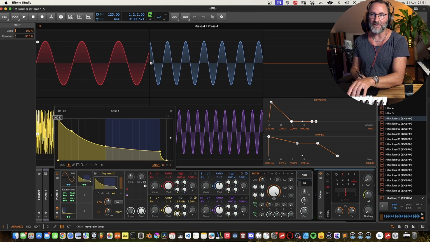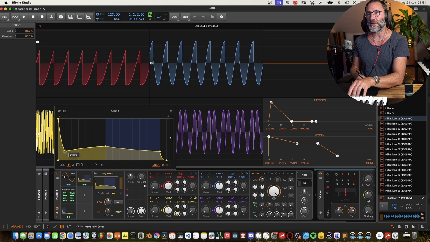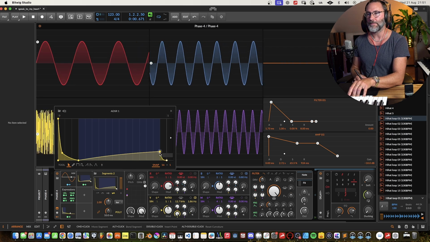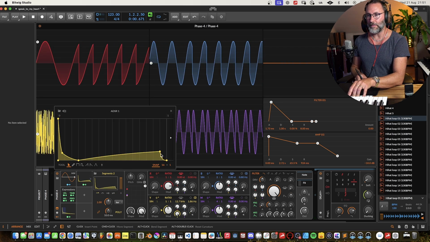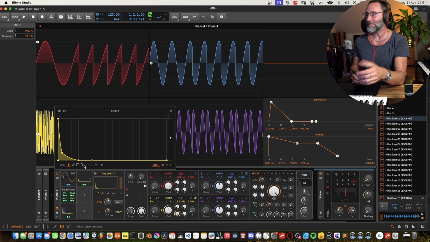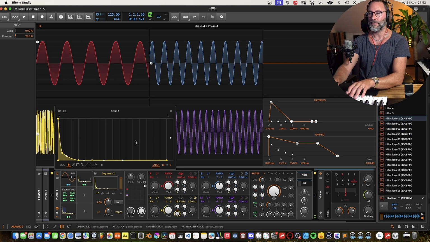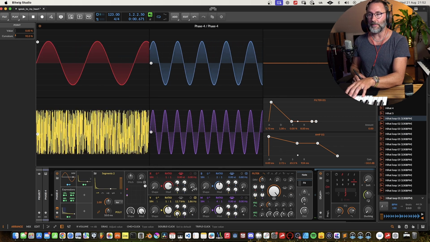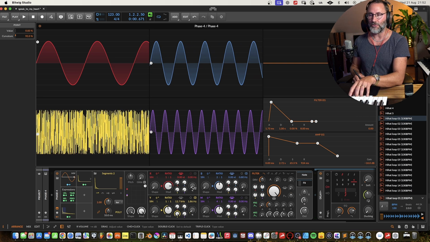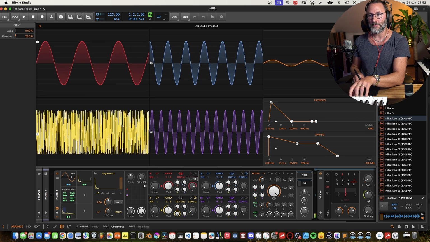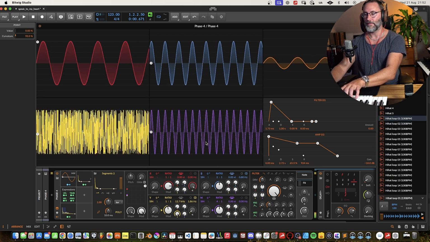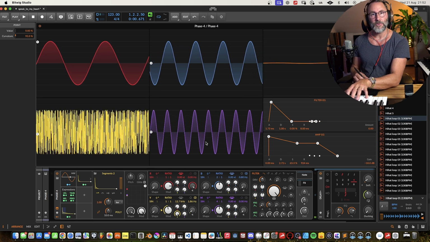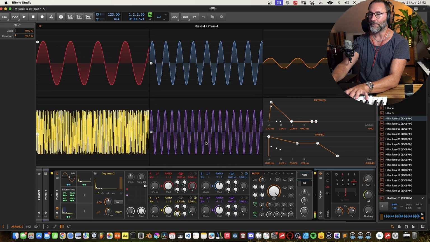But we want it to be snappy, so make it a really, really fast attack, and go down pretty quickly like this. And we're going to get rid of the looping, because we don't want a looping envelope. So there we have a snap. And if we apply our original sound from the red oscillator, we have more of like a kalimba sound.